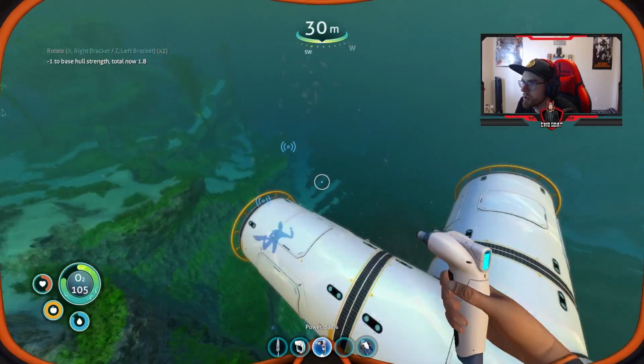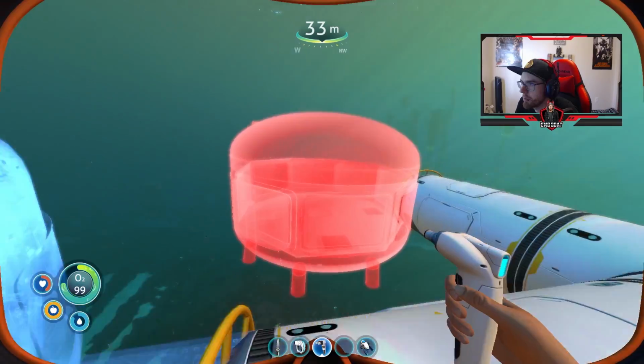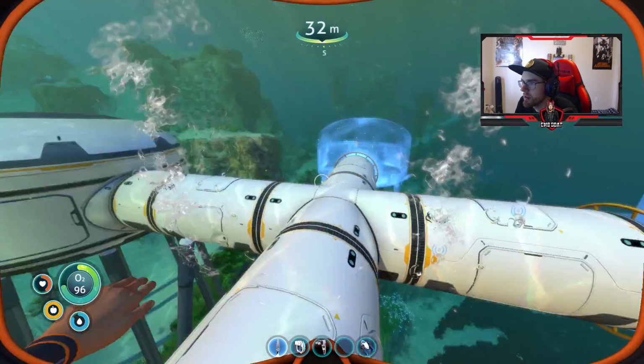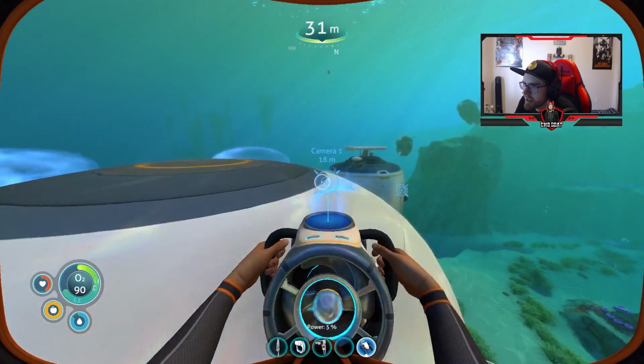We're going to have a moon pool shoot off here, and then we're going to have some more multi-purpose rooms. That's kind of the plan here. I think this will be a good enough setup. We don't need a lot. We just need a little bit of space. I do actually need